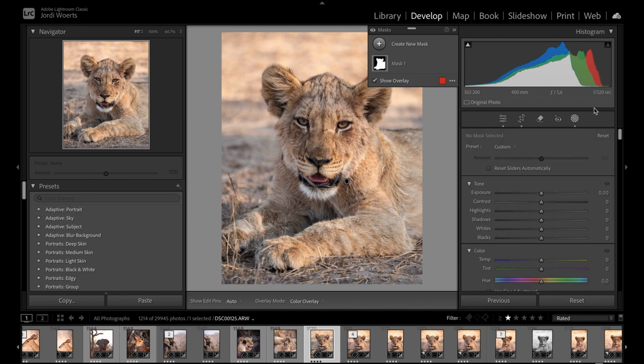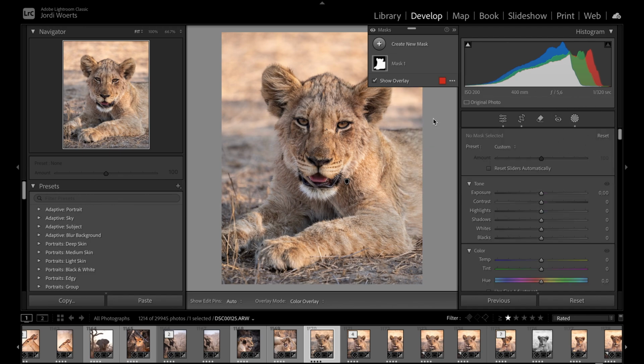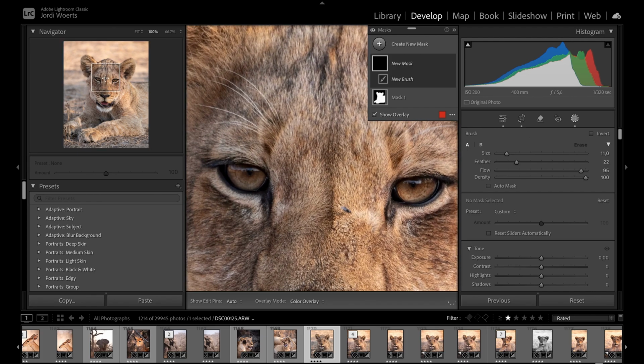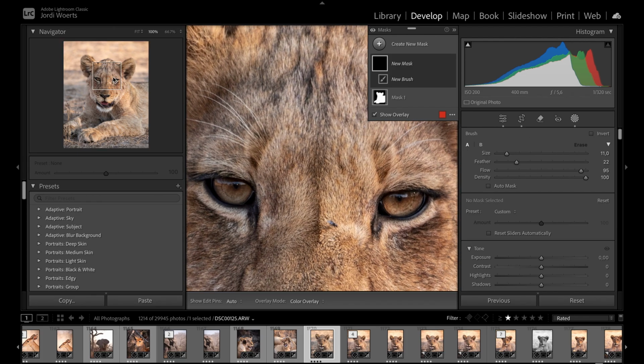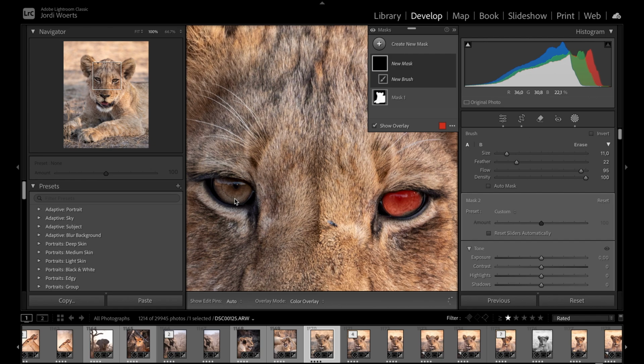So exactly, we're going to the right hand side here, create mask, and then we're gonna select our brush, zoom in on the eyes. There we go. See, it's nice and in focus. A lot of people don't want to select the whole eye, but I don't mind it too much, to be honest. Just make sure that everything is nicely selected.